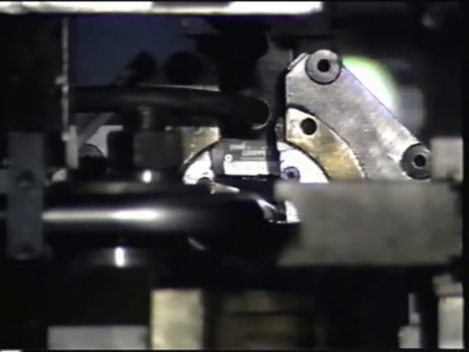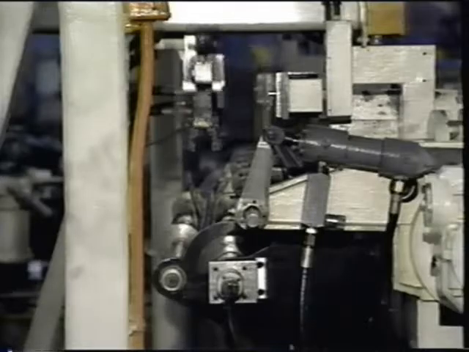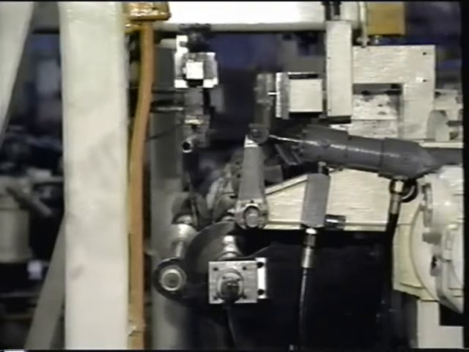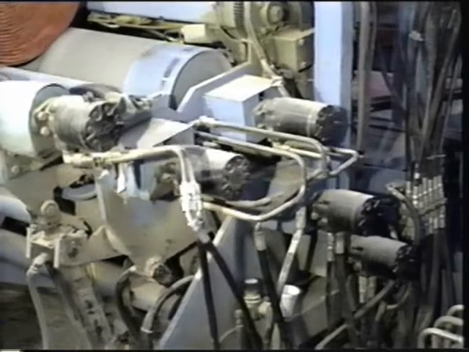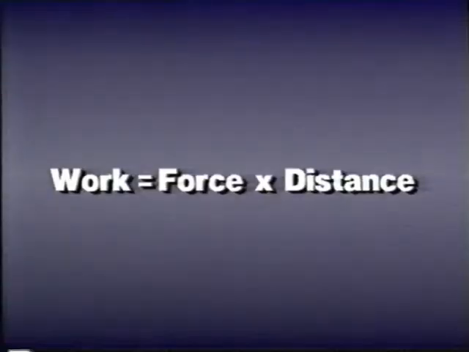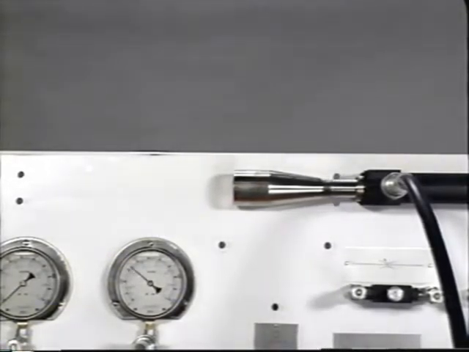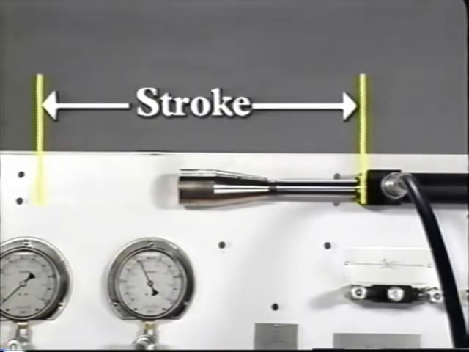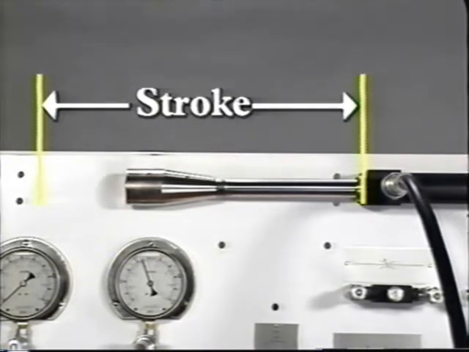Now that we know how to determine the speed of actuators and the force or the torque they create, we can use that information to help us calculate how much power they can produce. We saw in an earlier lesson that work is done when force is applied and moves a load a distance. The distance through which force is applied determines how much work is done. In the case of a cylinder, the distance the load is moved is measured by the stroke of the piston,